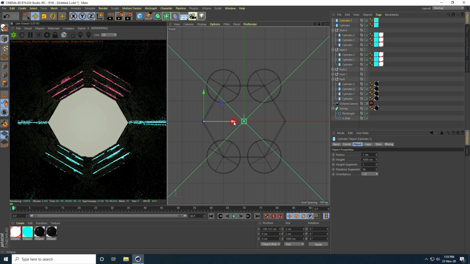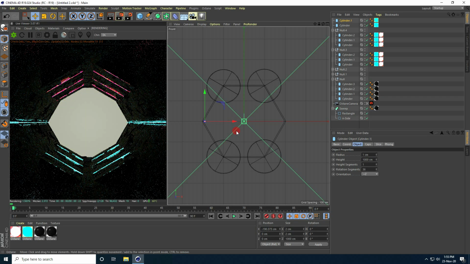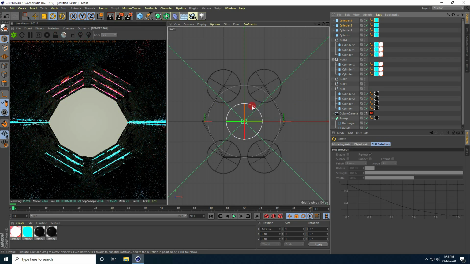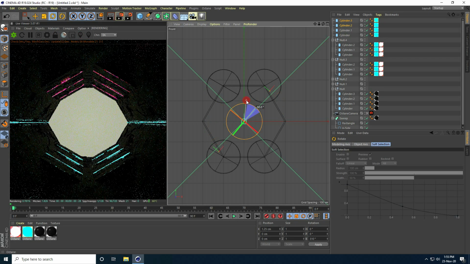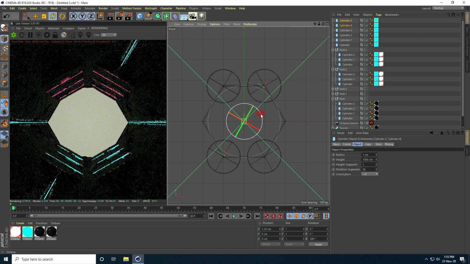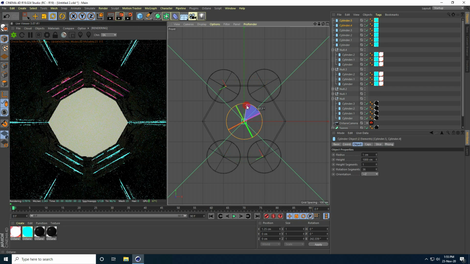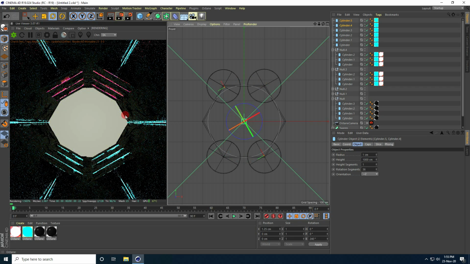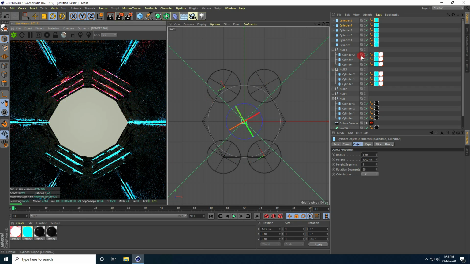Yes, a little bit front. Yes, right. Okay, so copy this cylinder, press Ctrl C and V, and rotate like this, and again rotate, copy. Yeah, right. See guys, that's my shape.